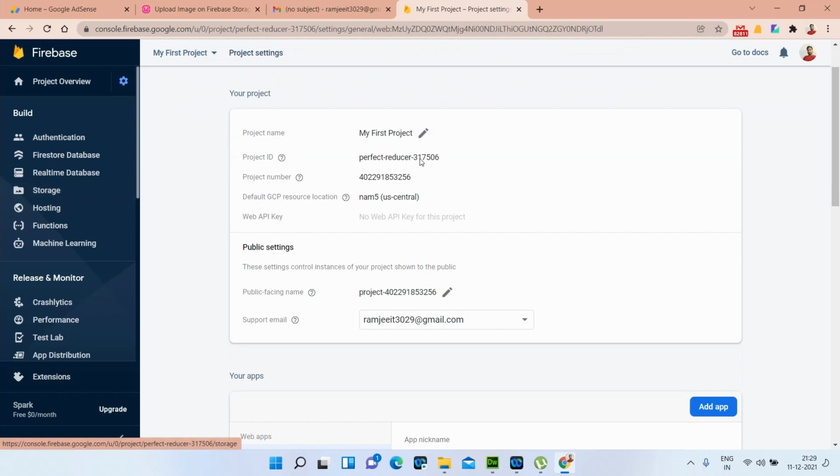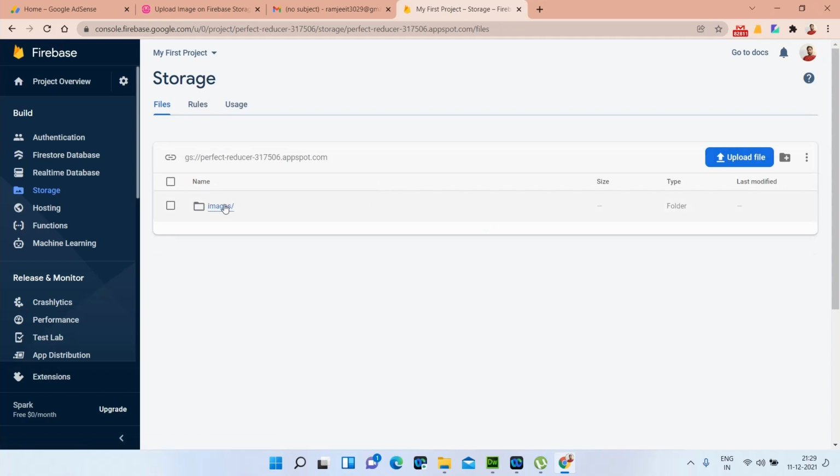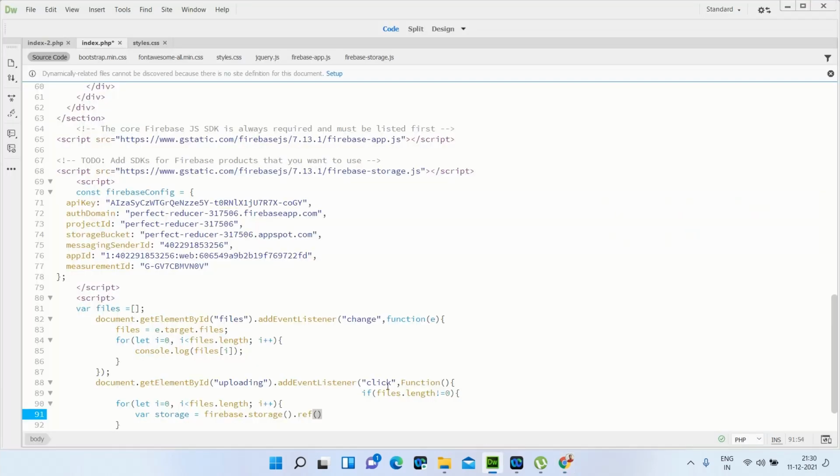So go to the storage here, and in the storage I have just created an images path. If I upload a file, all the files are uploaded in this folder only. So I'm just giving the file path. Here I just mention images slash.